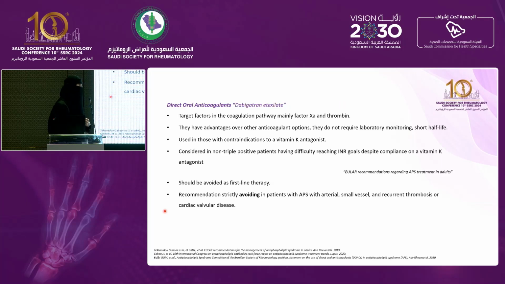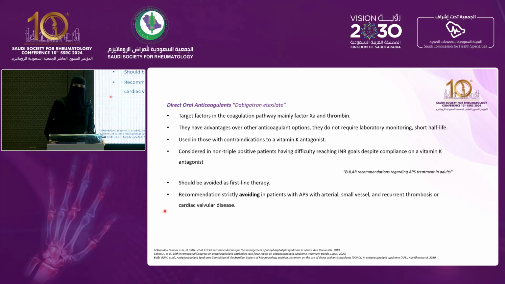The other medication that has been used for patients with antiphospholipid syndrome is the oral anticoagulant treatment. This medication is targeting the pathway of coagulation, mainly factor X and thrombin. This medication has an advantage compared with others because it can be given orally, has no laboratory monitoring tests, and has a short half-life. It can be considered also for patients who have a vitamin K antagonist